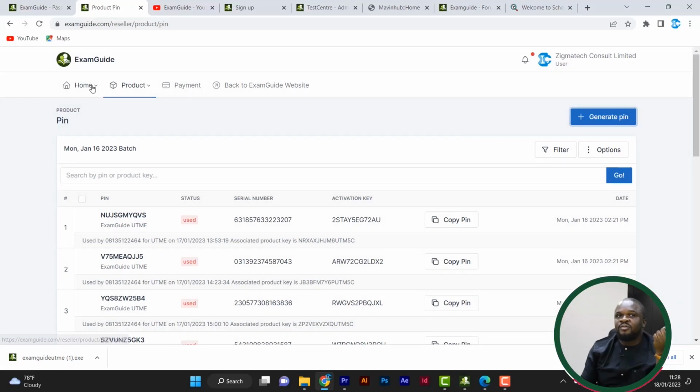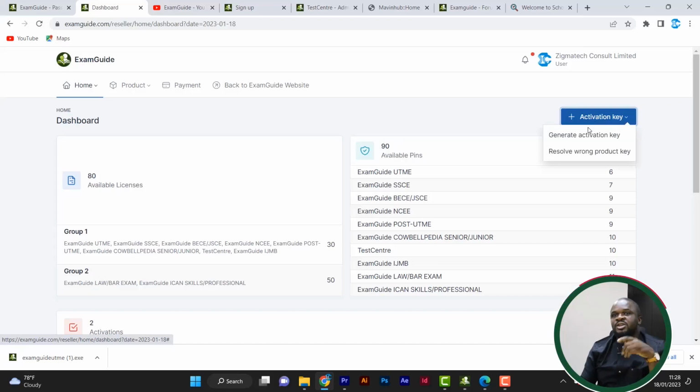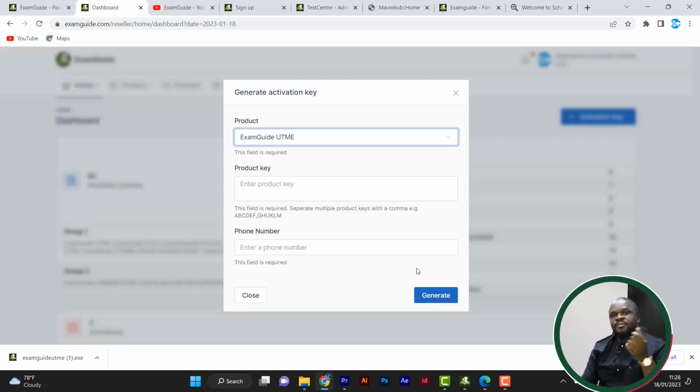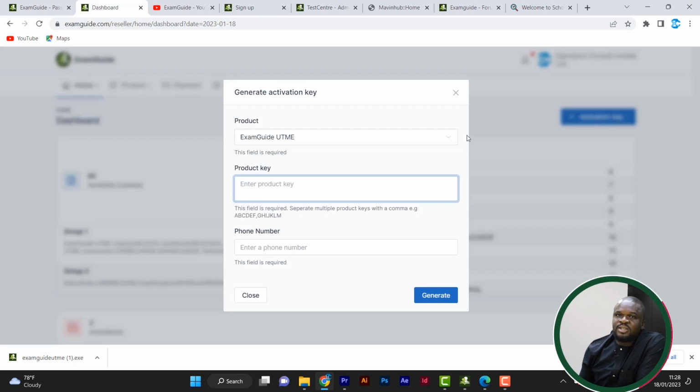Once you have a PIN, you can now come to the dashboard. You see generate activation key. Then let's say we have generated UTME PIN. All you have to do is put the product key, put the phone number, generate. Then let's say you want to generate for many. It's not just one system. If you have like 10 systems you have installed, you don't have to be doing it one by one. Just put the product keys, separated by commas, to generate everything